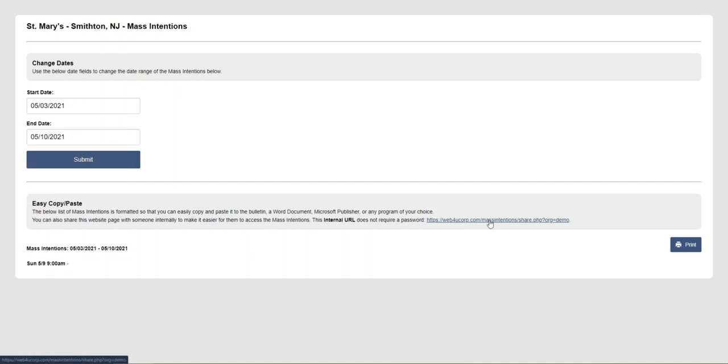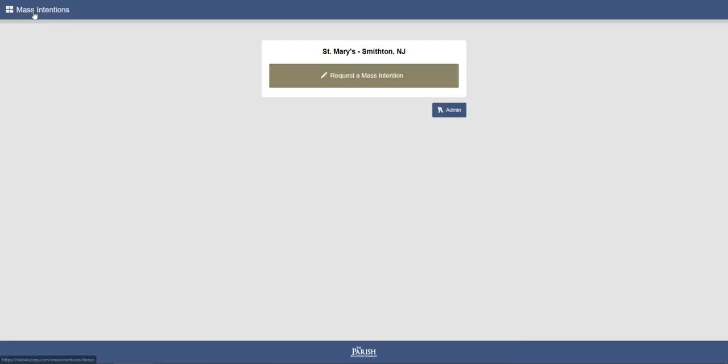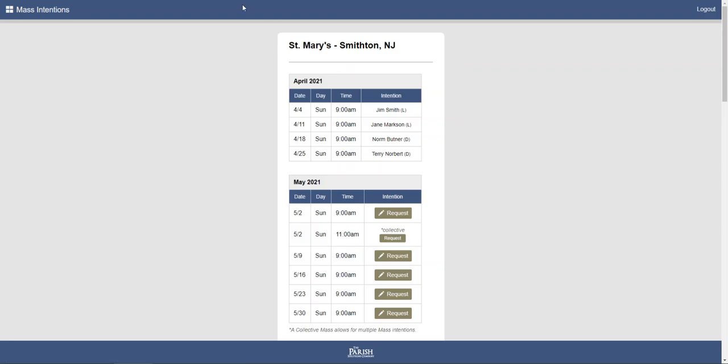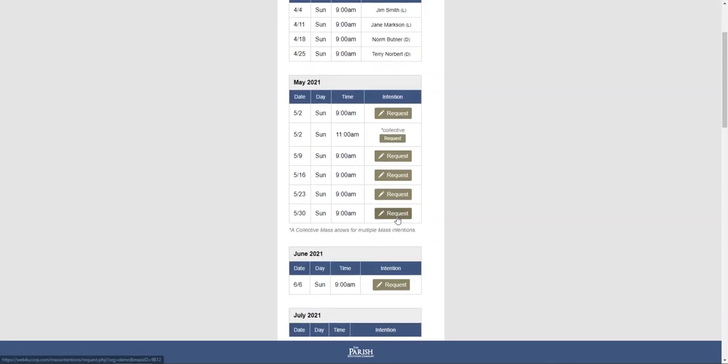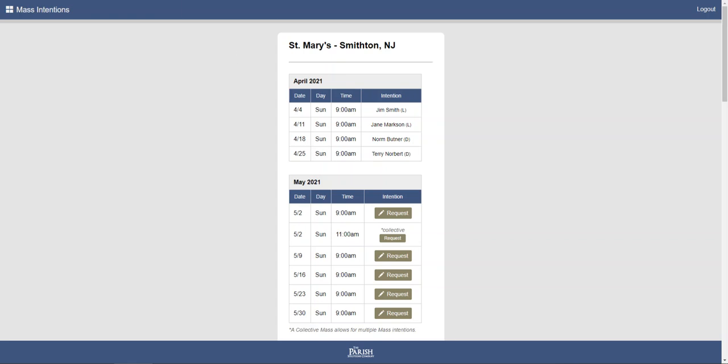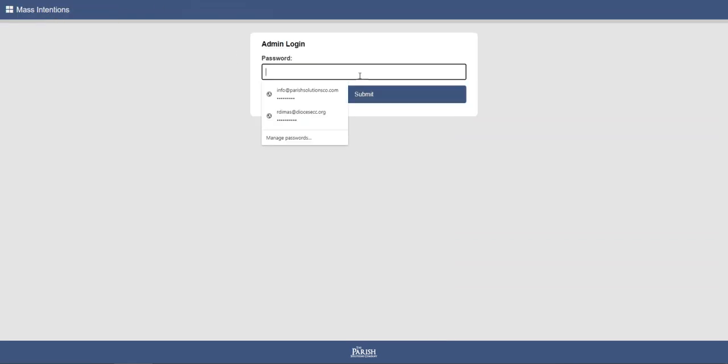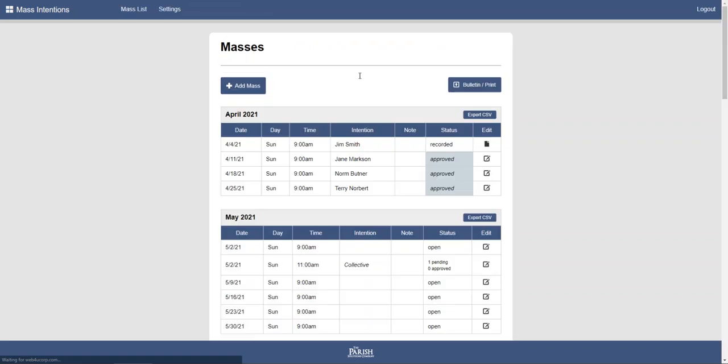Here's a nice note that I was mentioning before, and that is that you can share this link on your website if you want. You see the public view does start to show the intention. So you could do the copy and pasting to your website like we showed, or you could just take the public link for this, which you'll receive when you sign up, and you can link to this on your website, and that way the intentions are visible and the ability to make requests are visible. But there is even another feature that is very handy for helping you get this information into your bulletin.